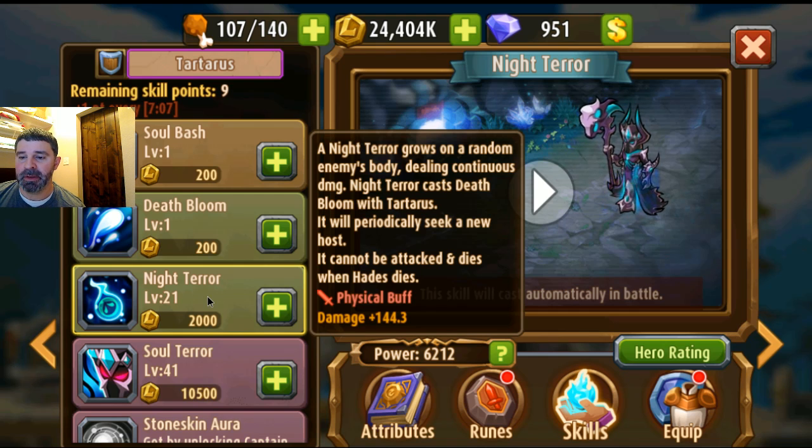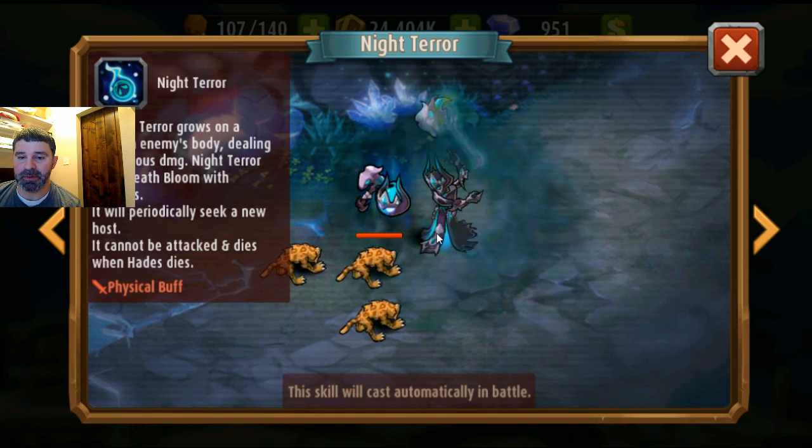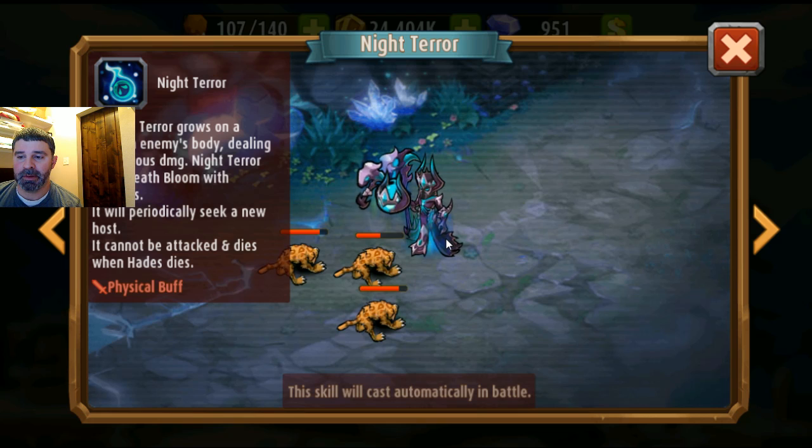With Tartarus, it'll periodically seek a new host, and it cannot be attacked, and it dies when he dies. So cast one of these bad boys, and it's going to do damage. And so